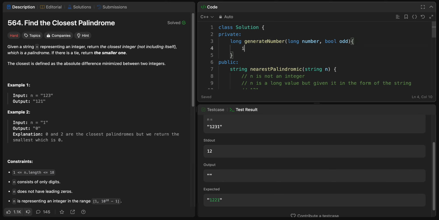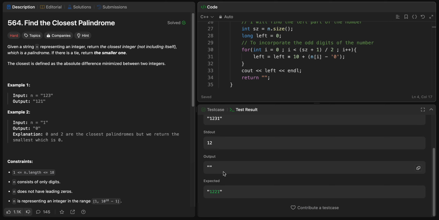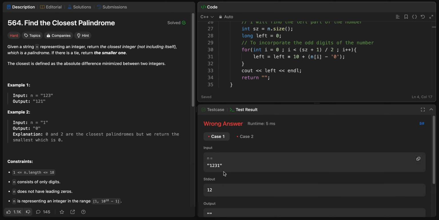So if it's an odd number, in the case if it's a 139 number, then for generating the number we are passing the number as 13, because here the left part would be 13. But that middle part is not required for the mirror; we are adding it only to increment it or decrement it by 1. So this is the case where we incremented it by 1. In the other case where we could decrement,